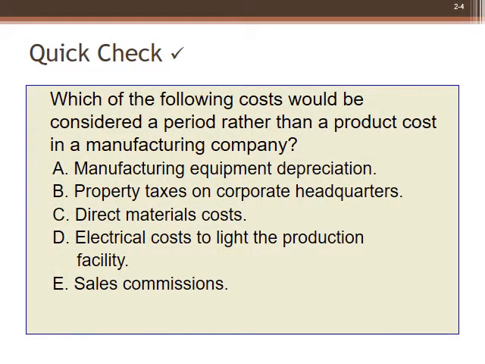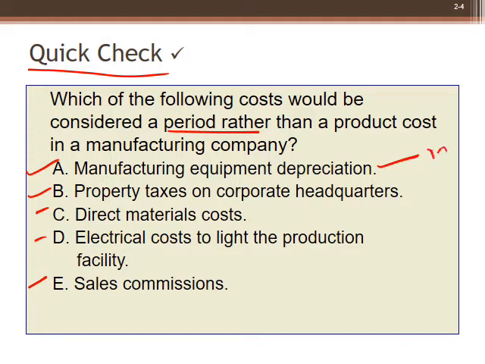Here I have included a quick check. Which of the following costs would be considered period rather than product cost in a manufacturing company? We have options A, B, C, D, E. Let's talk about that. Manufacturing equipment depreciation